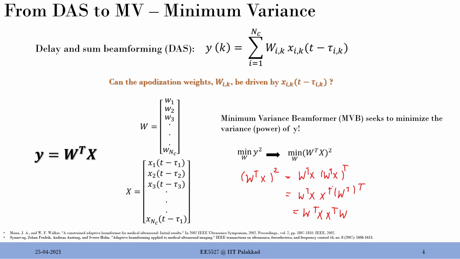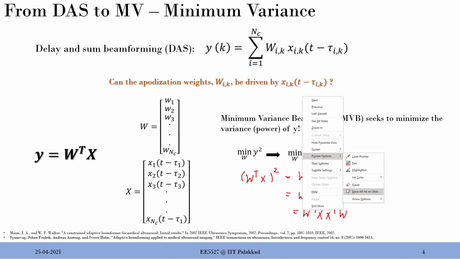One more thing, this is for those who go into exact details. We are always talking about beamforming in RF, but there is a way to do beamforming in IQ, I and Q, in-phase and quadrature signal. If you are still not aware of that, please go back to the previous lectures, we have explained that. So if we are using I and Q, the problem is that the signal is no more a real signal, it is a complex signal. It will have a real and imaginary part. So in that case, instead of transpose, you have to take the Hermitian transpose, W H. That means complex conjugate and then transpose. So I hope this is clear. If I am confusing you with that Hermitian transpose, you can ignore it. Let's always do it in RF real signal, it doesn't matter.